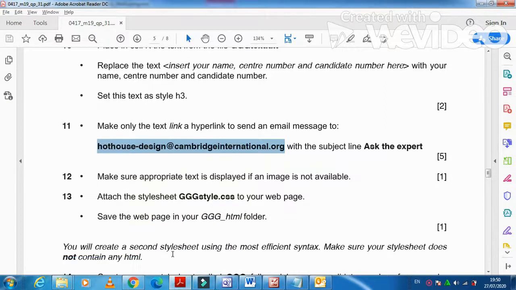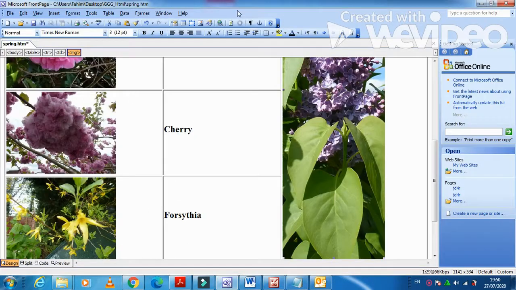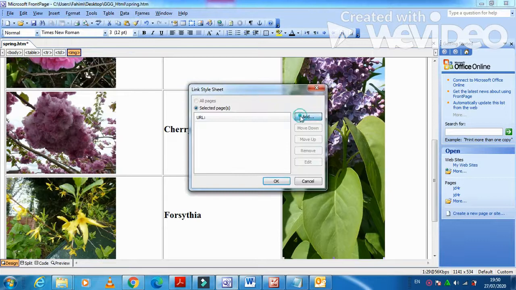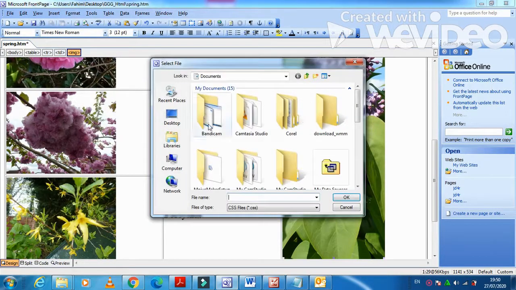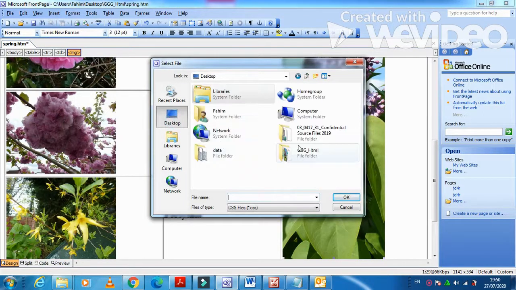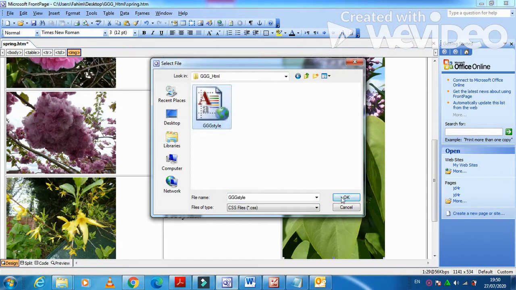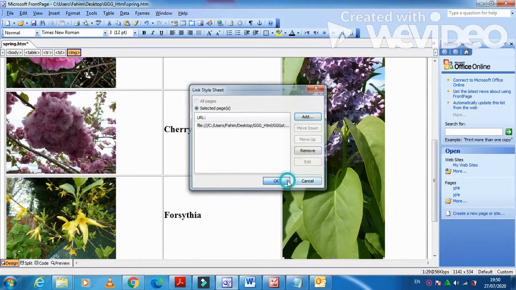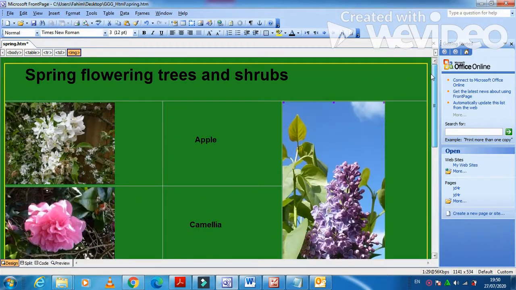Next step is attach the style sheet GG style.css to the web page. So we need to click here on format, style sheet link, add a style sheet, and then go to desktop, to our folder, and attach the style sheet. Style sheet is attached. Now it looks like that, and then you just click on save here first, and then they said